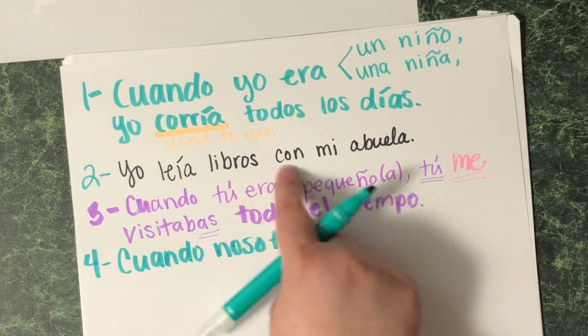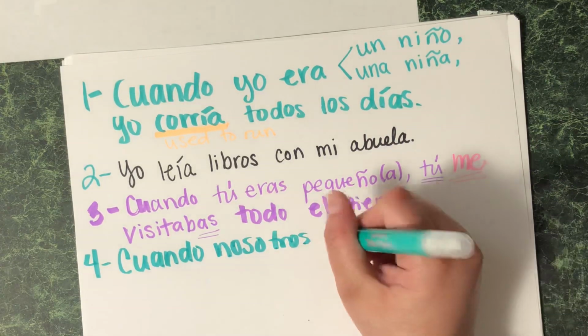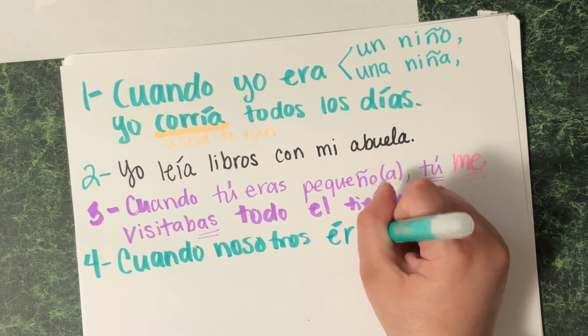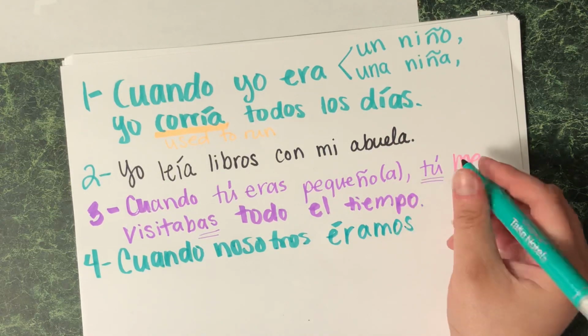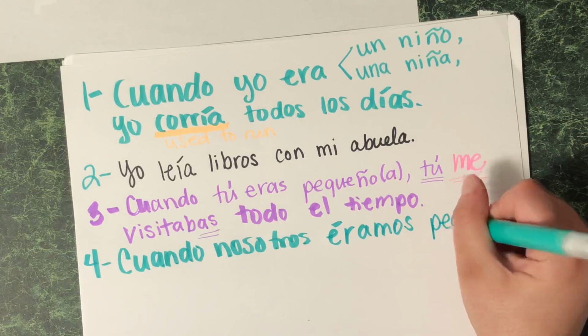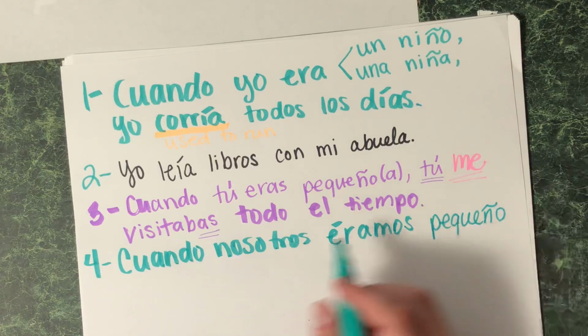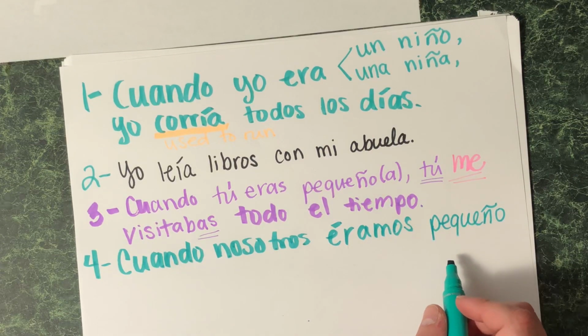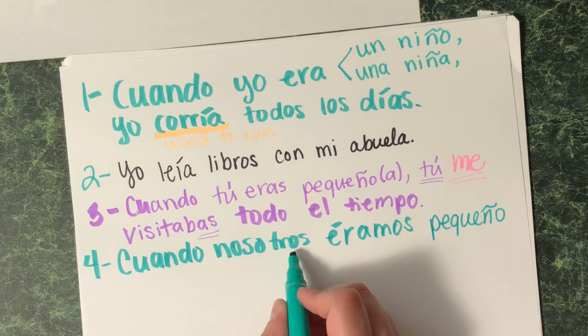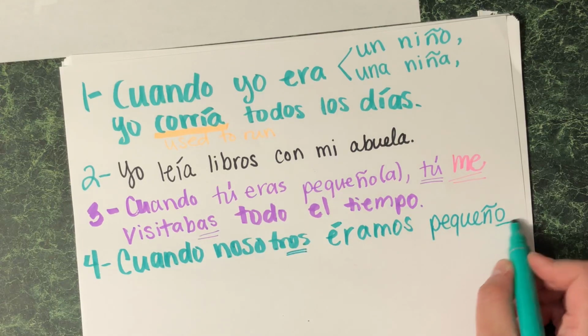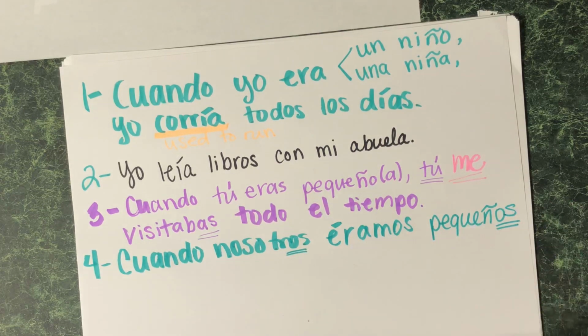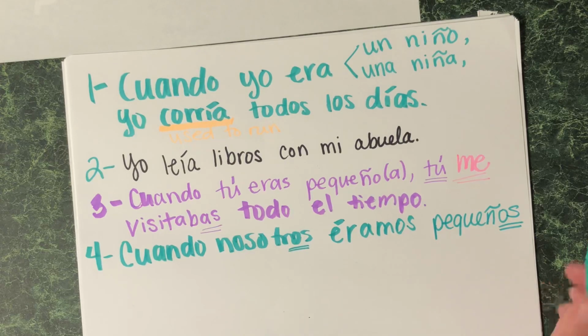We're going to change that verb and put it in the nosotros form. Éramos. And then little. Now you have the word pequeño or pequeña, but think about it. How many were little? Only one person or multiple? Multiple. So we gotta put pequeños when we were little,